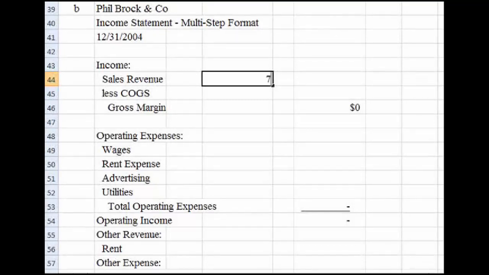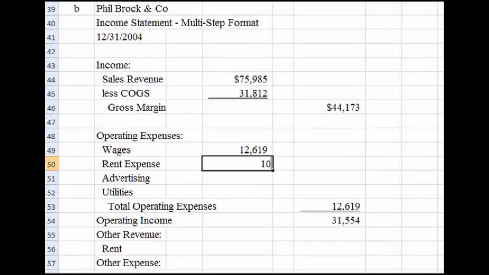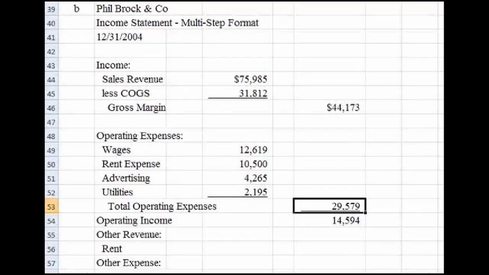Sales revenue is again $75,985. Costs of goods sold is $31,812, and the formula tells us the gross margin is $44,173. Within the operating expenses, there are again wages of $12,619, rent expense of $10,500, advertising of $4,265, and utilities of $2,195. This totals the operating expenses in the multi-step format, which are then subtracted from the gross margin to get